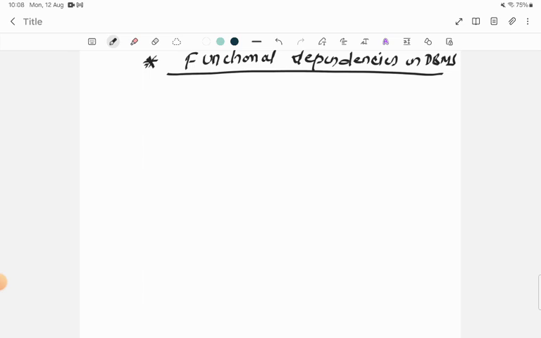So what is a functional dependency? The name itself is the definition, that is, dependency, dependent. We are going to use two words, determinant and dependent. So let's start with this. In a relational database management system, a functional